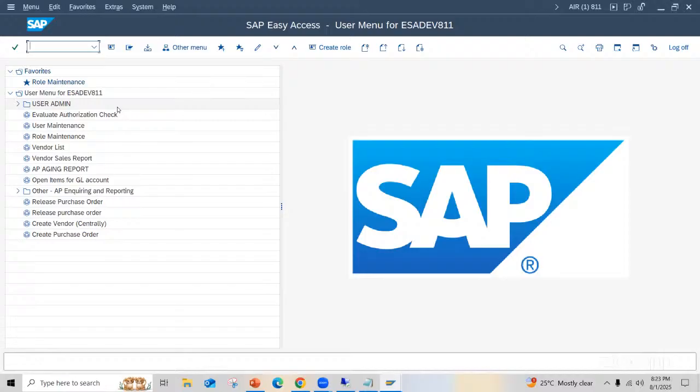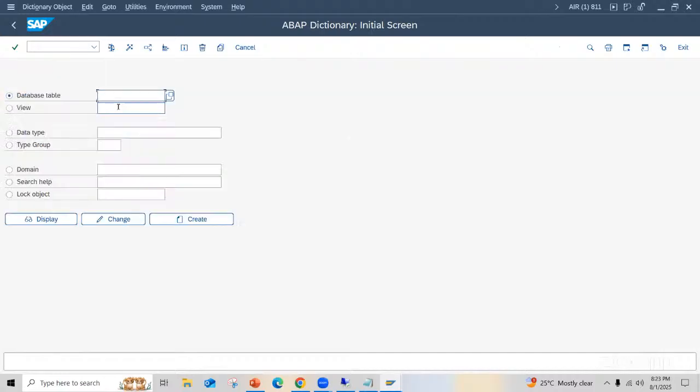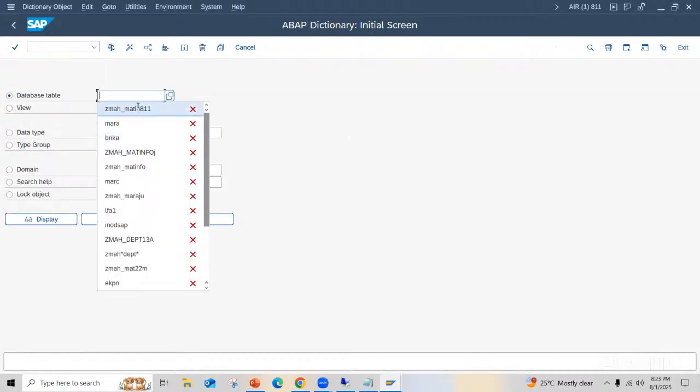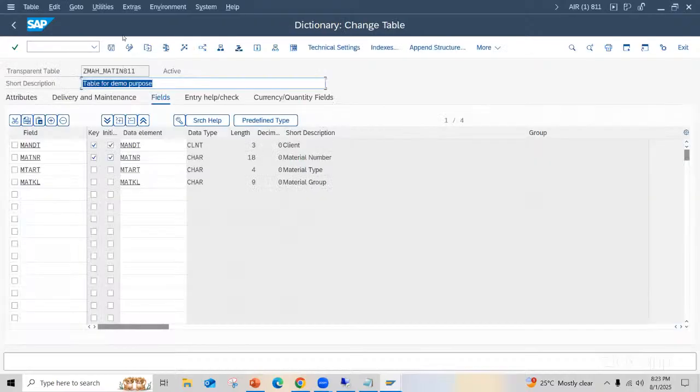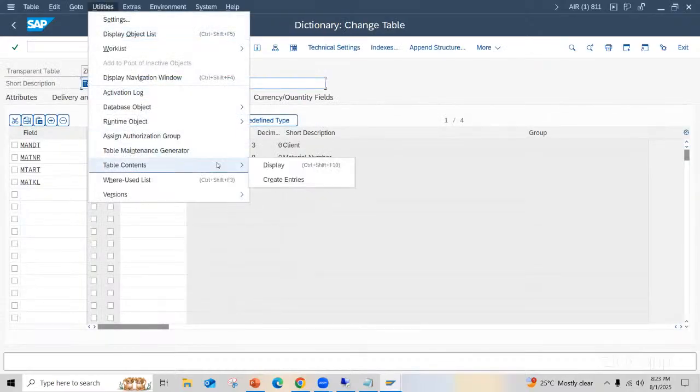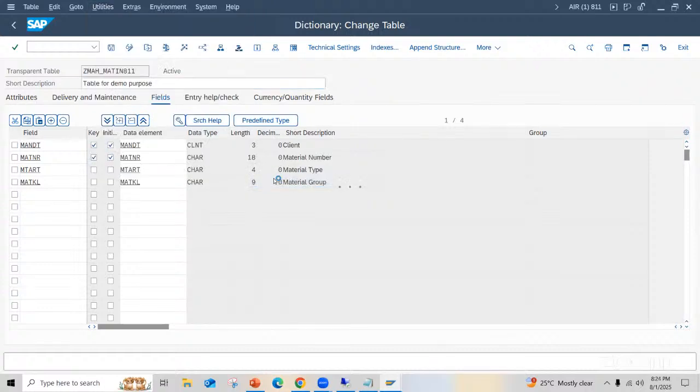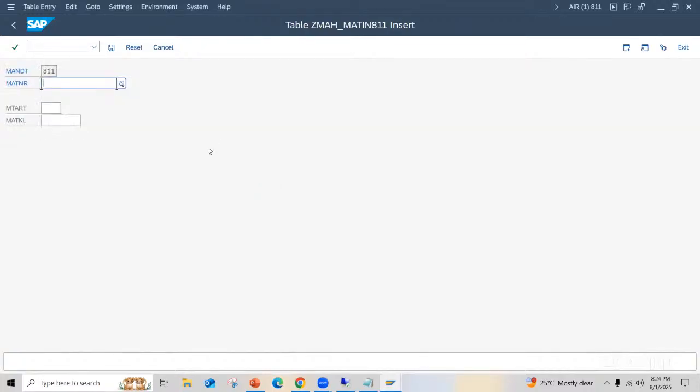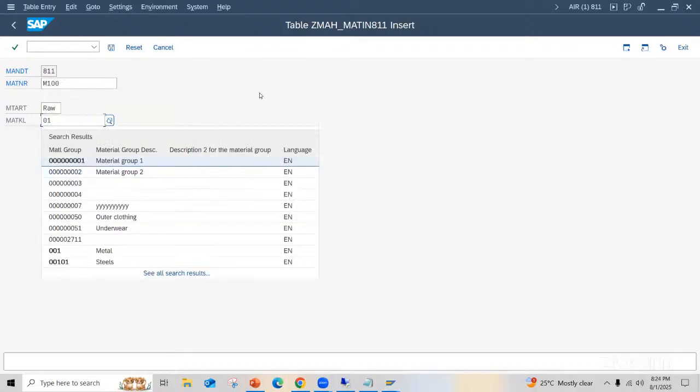Now I'll show the data. Data is not client independent. Data is client dependent. How, I'll show now. I go to SE11, create one record. Go here, change, utilities, table contents, create entries. So I'll use some material number 100, say raw material. Material group some 01. If I click on save,